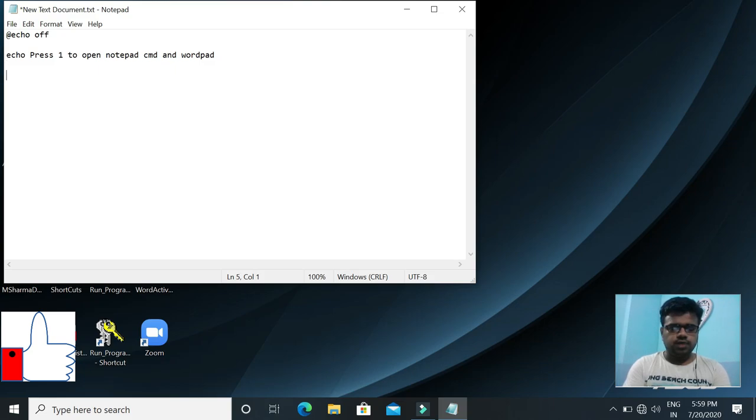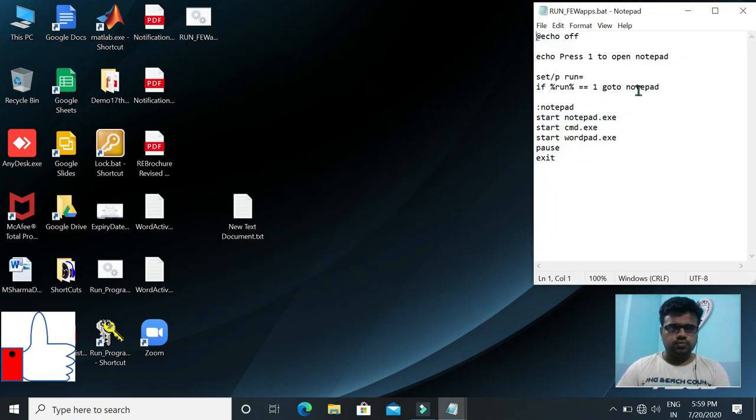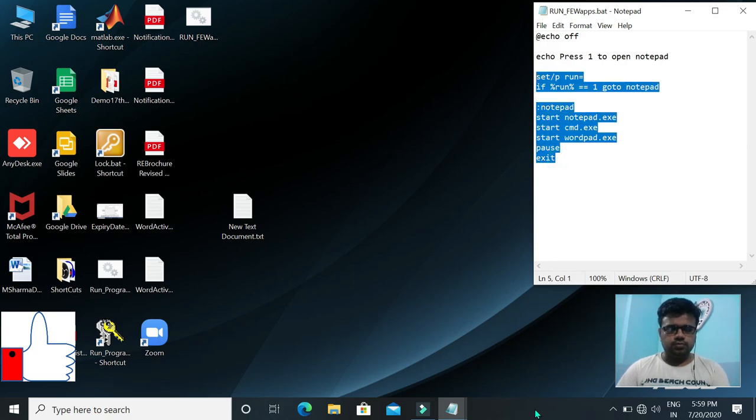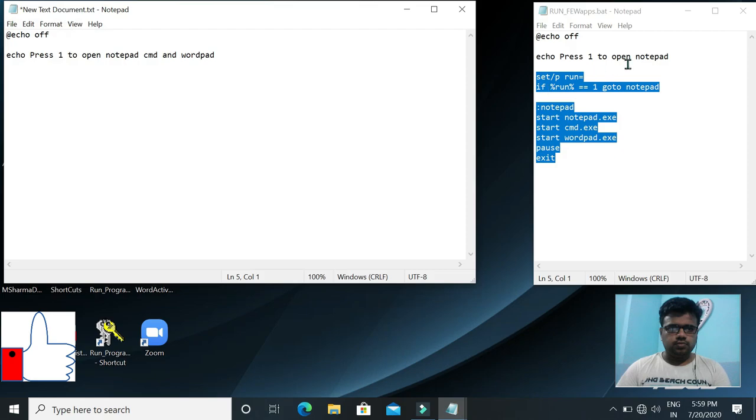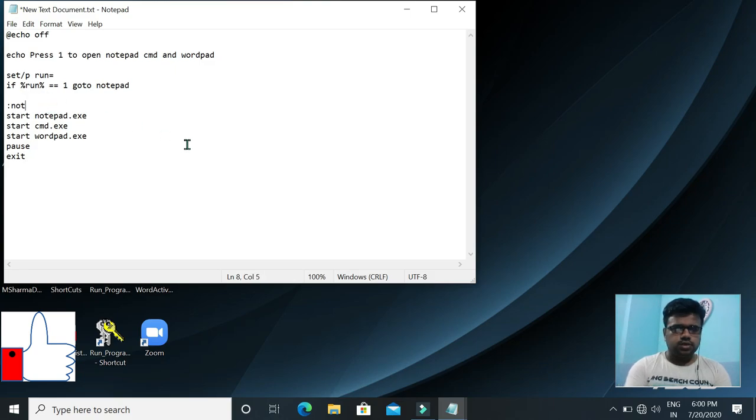Now we have to set the parameter. I am taking run as a parameter and giving the condition: if run equals 1, go to this location.